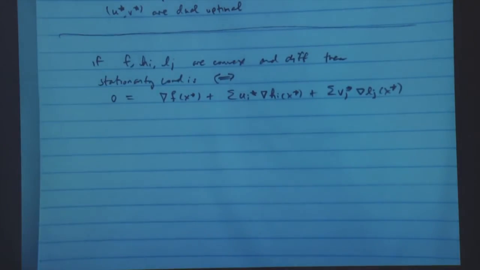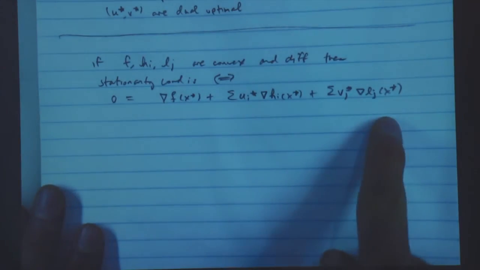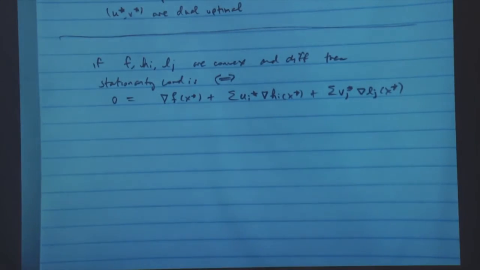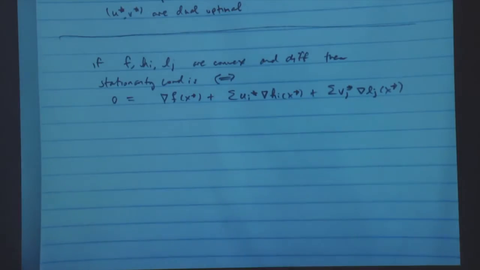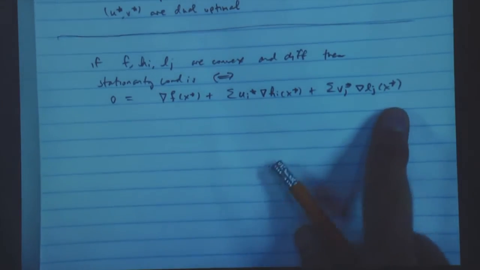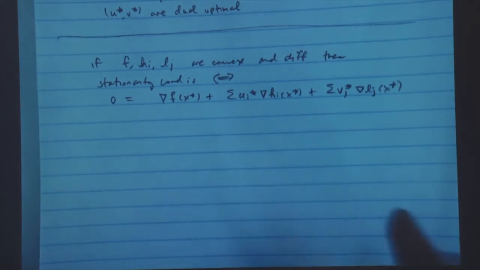So you look at a smooth convex problem, and you'd say, the stationarity condition is just taking the Lagrangian, forming it, taking the derivative or the gradient of all the functions, setting that equal to 0 and solving, making sure that you have x star and u star v star that make this true. For non-convex problems,